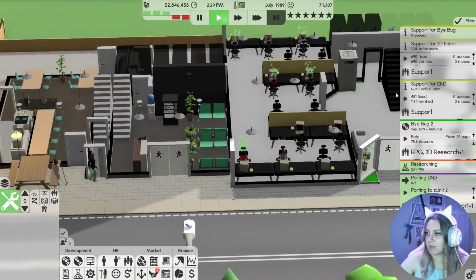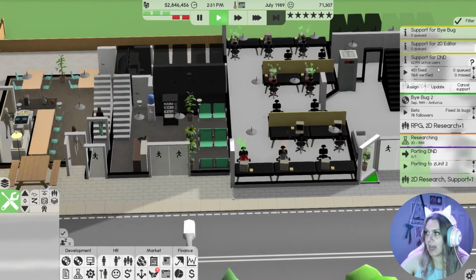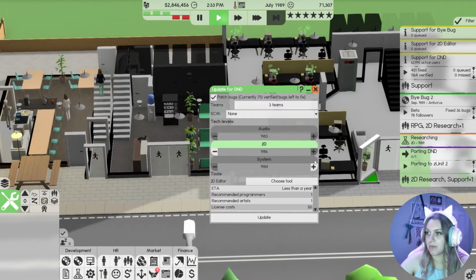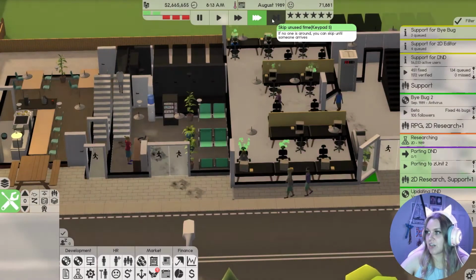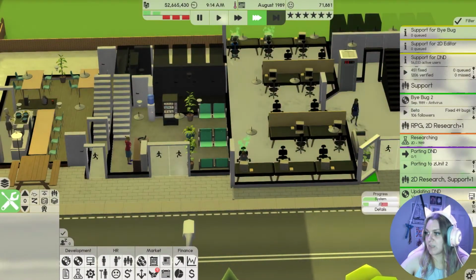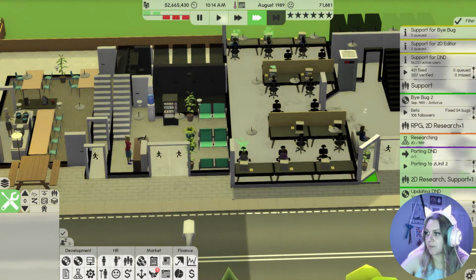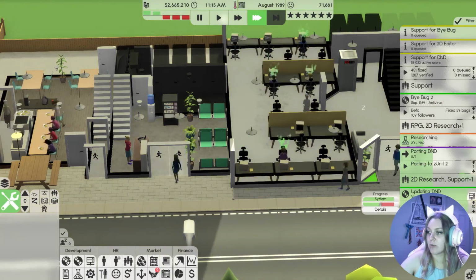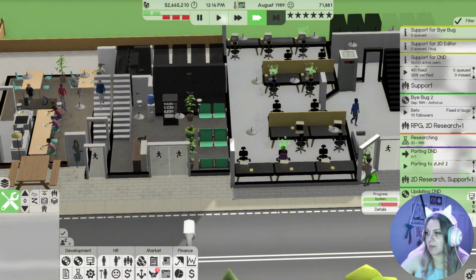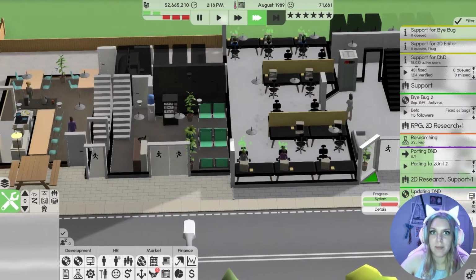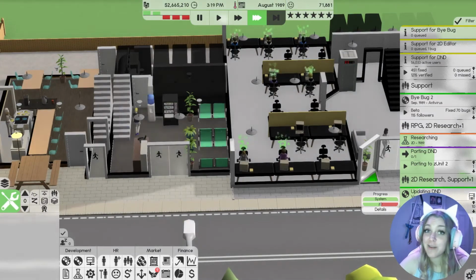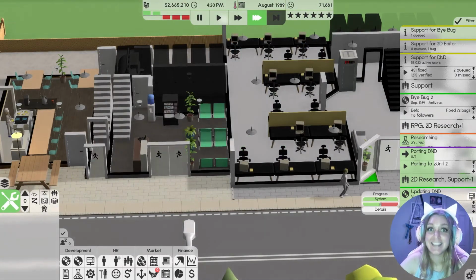Finish that update, then we'll go ahead and update our D&D now that we have our editor up to snuff. This is our last month before release, but I just wanted to make sure these were okay. Once this is done, we'll go ahead and bust that first one back up to level 10. So many bugs. 763 bugs, guys. That's crazy. That's a lot.